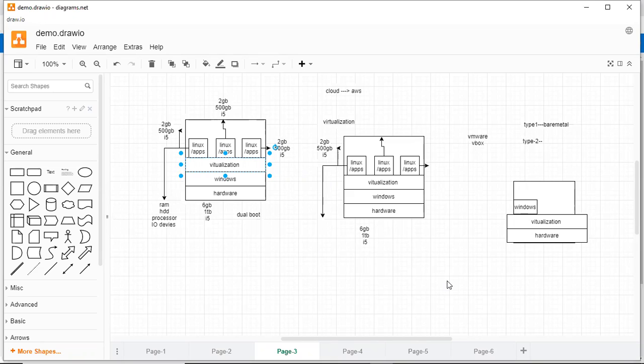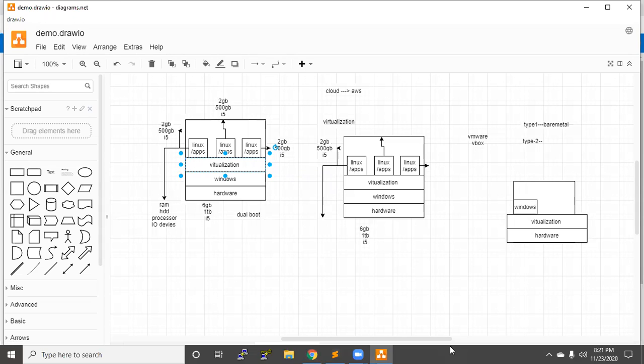Now, have you understood the basic concept of why virtualization? What exactly virtualization is? Yes, sir. Got the meaning, but